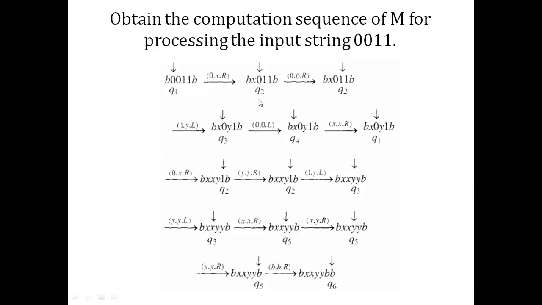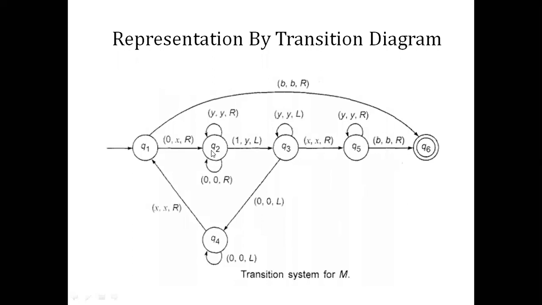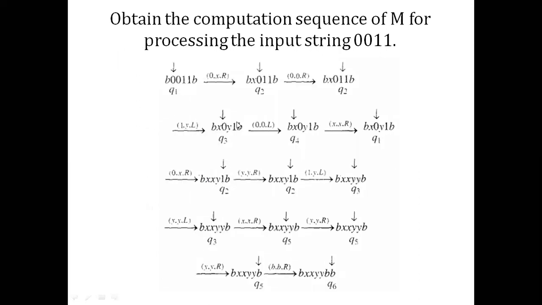Now what happens when the machine is in the state Q2 and there is a 0 under the tape head? You go back and check: the machine is in the state Q2. What happens if there is a 0? The 0 is left as it is. That means it is written by 0 and the machine moves ahead. So this 0 is left as it is, the machine moves ahead and remains in the state Q2, and likewise you process the entire string.